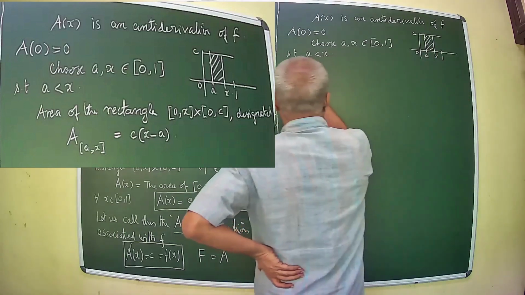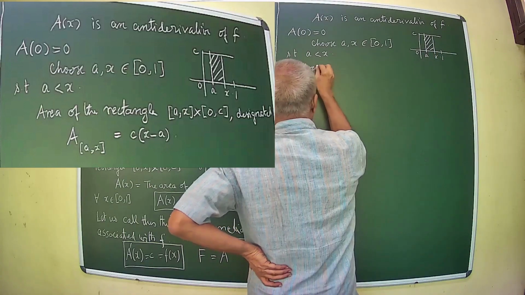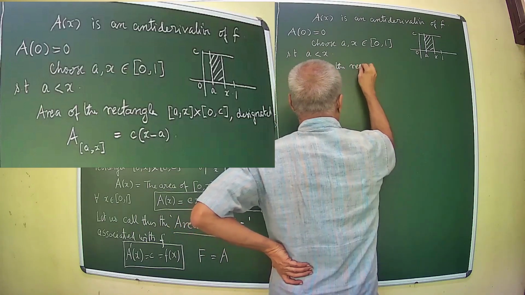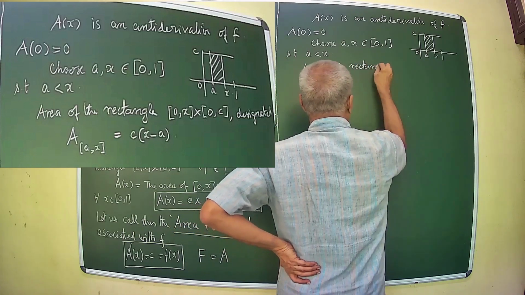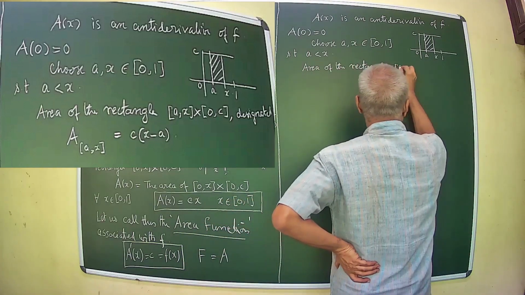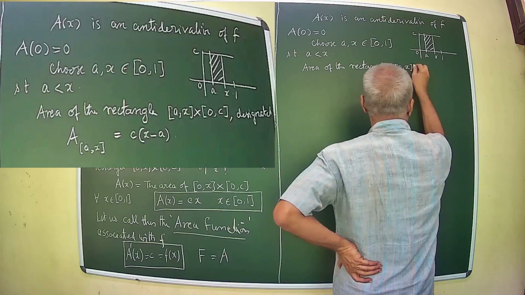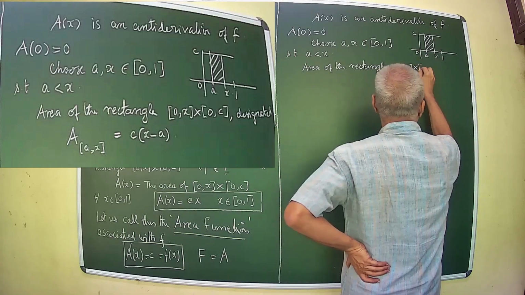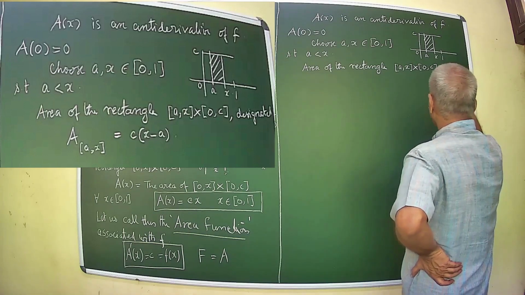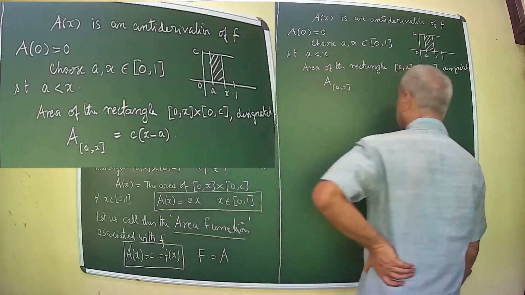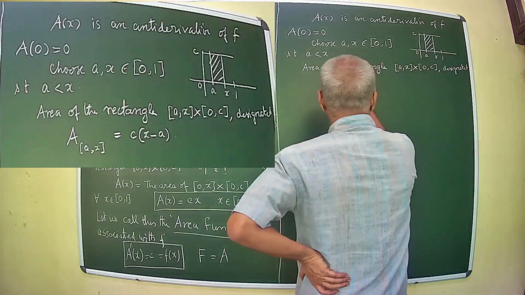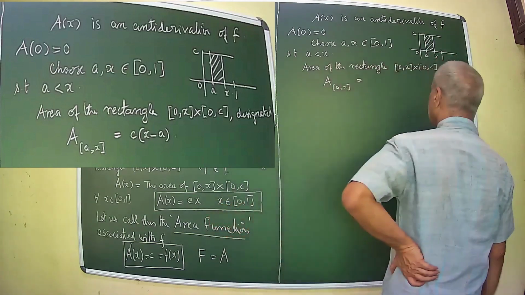The area of the rectangle, designated by a notation that depends on a and x, is computed to be what? It is actually